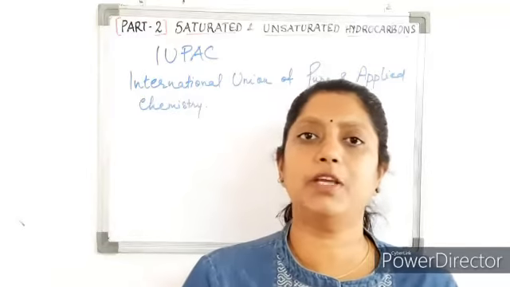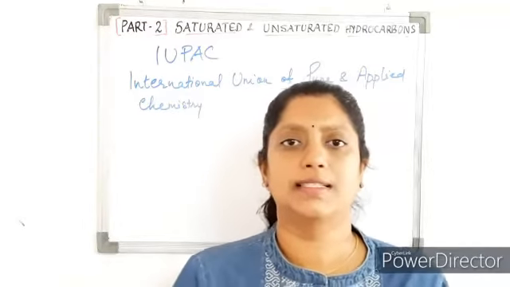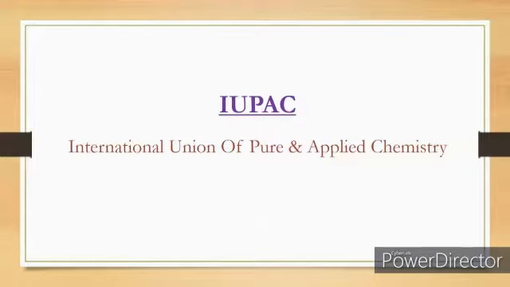Do you know the naming of organic compounds is based on certain rules laid by IUPAC? It is the International Union of Pure and Applied Chemistry, an international federation of chemists. They decide the names of these organic compounds. So, do you remember the names of alkanes? The members of the alkane family are methane, ethane, propane, butane, pentane, hexane, heptane, octane, nonane and decane.